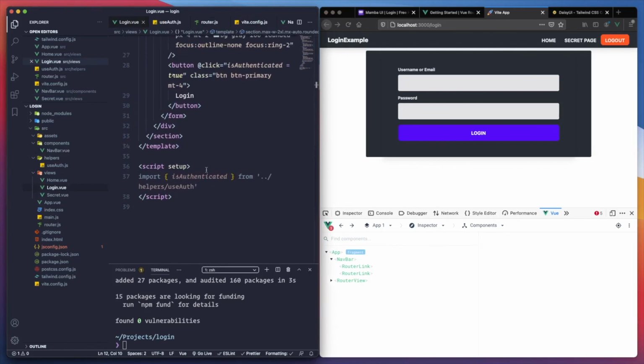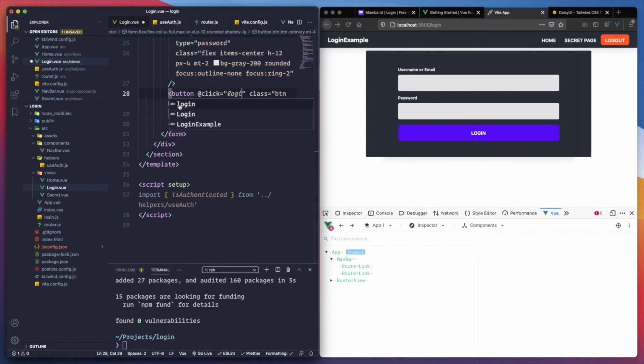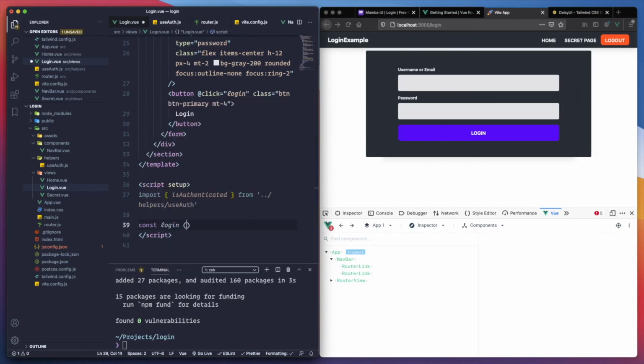If after I click, I just change authenticated. Let's do a login function. So let's do const login, and it will be a function that needs to do a couple of things. First is authenticated, that value should be true. This is pretty much like go and check and verify credentials, things like that, right? But then what I can do is